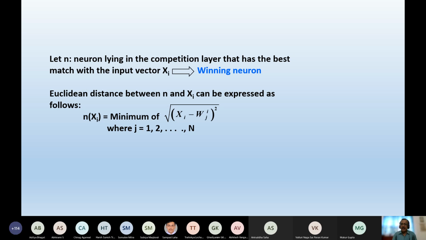That is the purpose of competition. For any competition, our aim is to declare the winner. So the connecting weight which is found to be closest to the input neuron xi is declared as the winning connecting weight. I think I'm clear to all of you. So once you have declared that winner, your competition is over. Now the next is cooperation. Please try to understand very carefully.